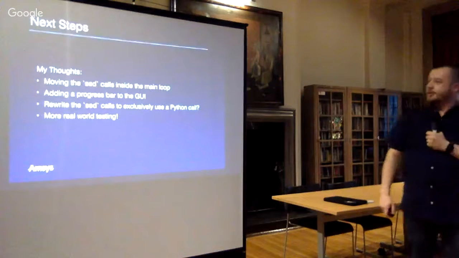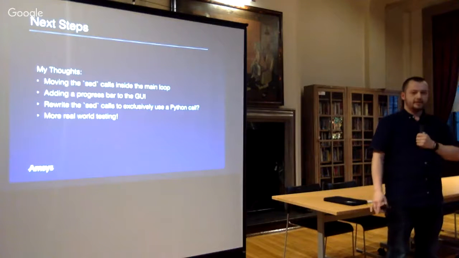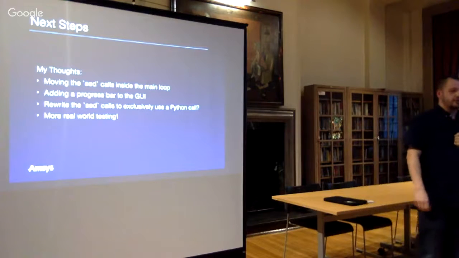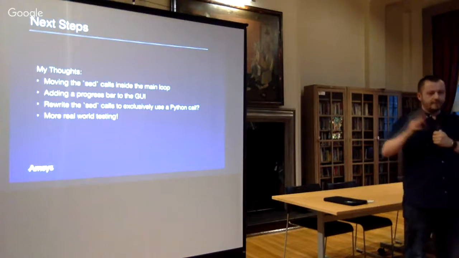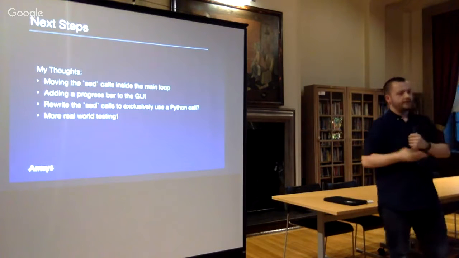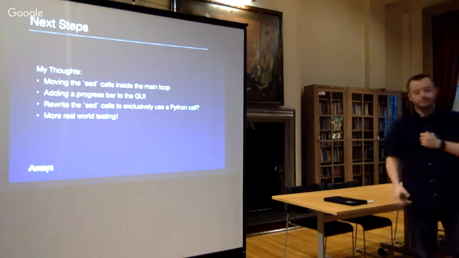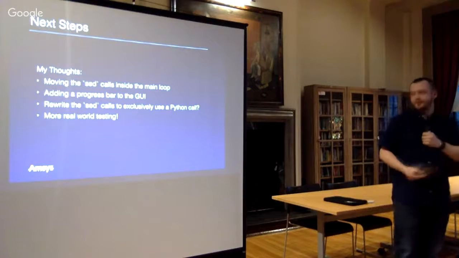Next, adding a progress bar to the GUI, which I mentioned a bit earlier. I had a couple hundred meg ICS file, I believe it was, used by a company for years and years. That blank screen with the icon still in the dock and no feedback sat there about 5 minutes. I wasn't entirely sure if it had crashed or not. It hadn't, but I had no visual feedback on what was going on. That's something I need to figure out how to do better.